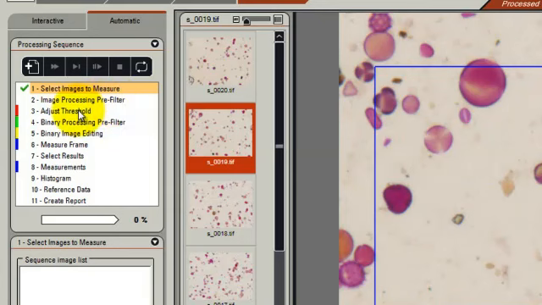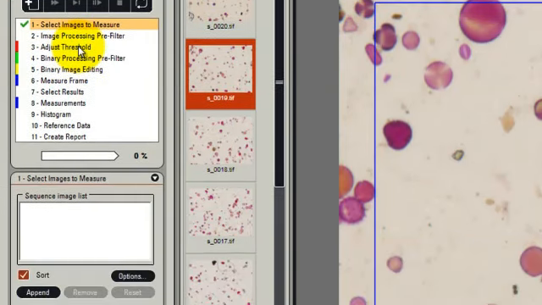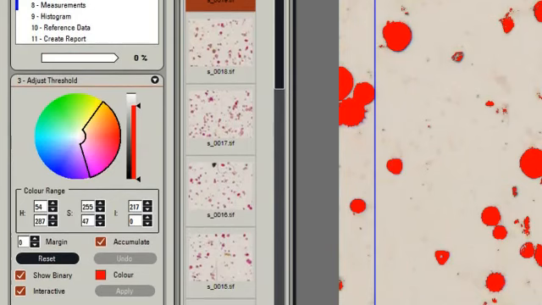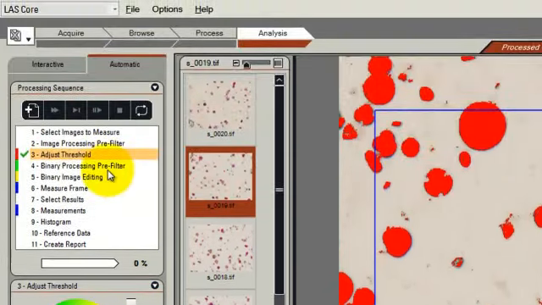The next step is the threshold step that separates the objects that we want to measure from the background. In this case this is a color image, so we have a color threshold to adjust, and we can set the intensity level and the colors, and this is done interactively on the image. We notice that we want to